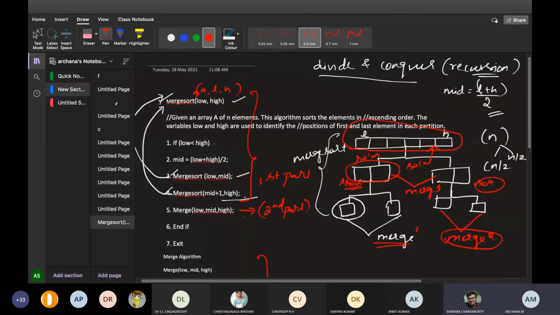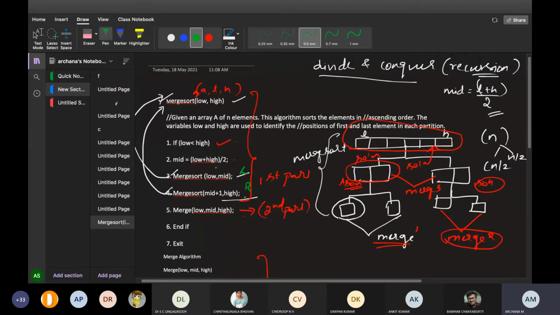Okay. So as soon as this condition is checked, it will come to this condition. This is very, very important. People have to note down that two different merge sort calls are there. The first one will be for the left hand side and the second one will be for the right hand side. This is very important.